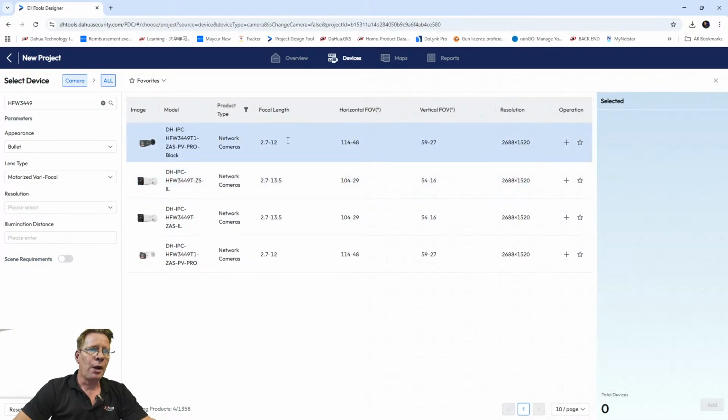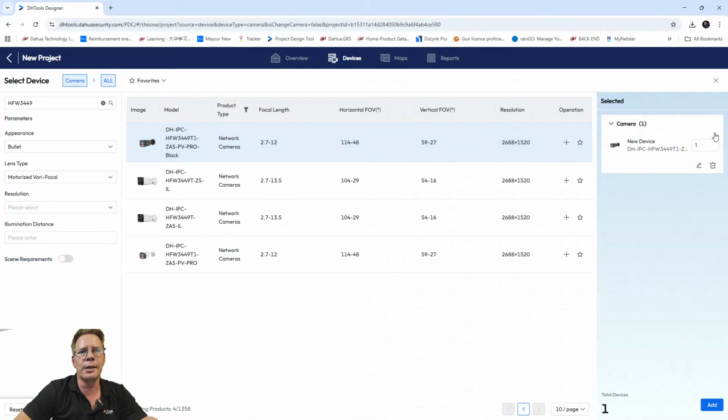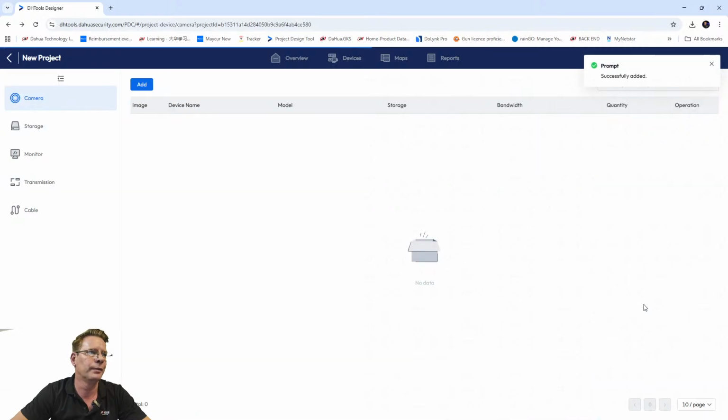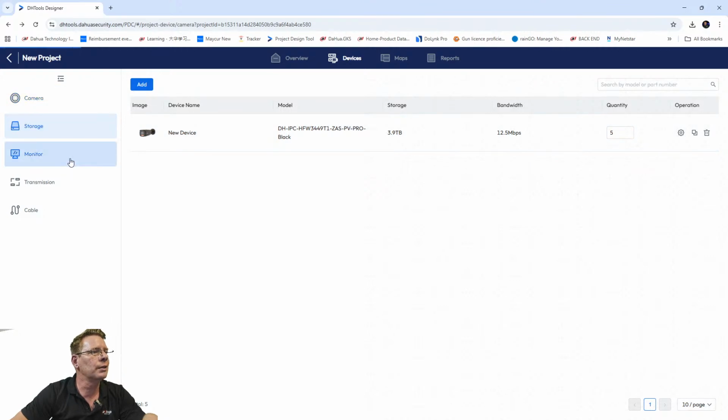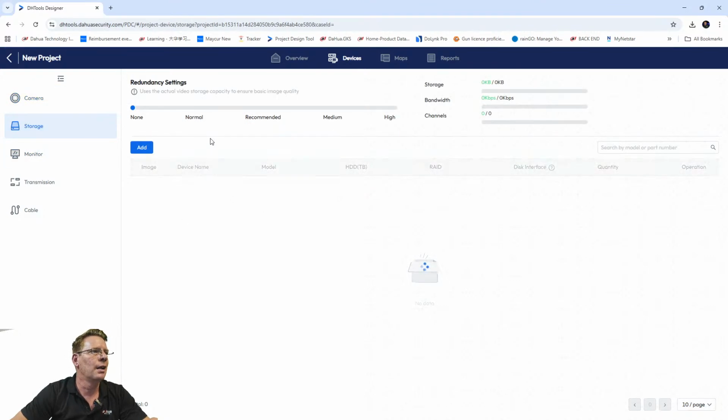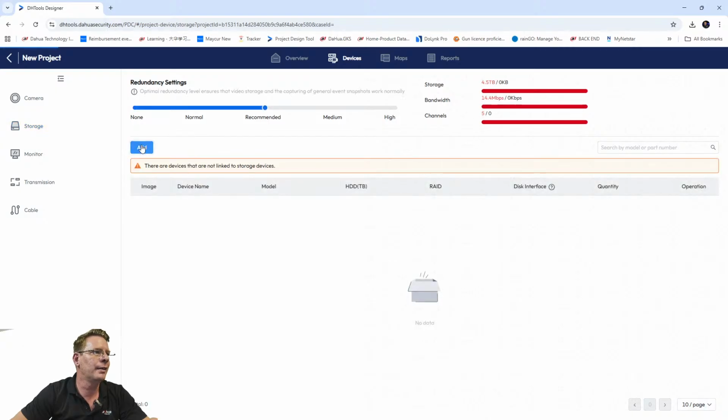So I'm going to choose this Pro version, and I'm going to click on the plus sign on the right hand side. I'm going to select a total of 5 of these cameras, and then I'm going to add it onto my project. So always remember to click on add. So I've selected my 5 cameras. Now on the left hand side I will click on storage. Yet again I'll click on add,